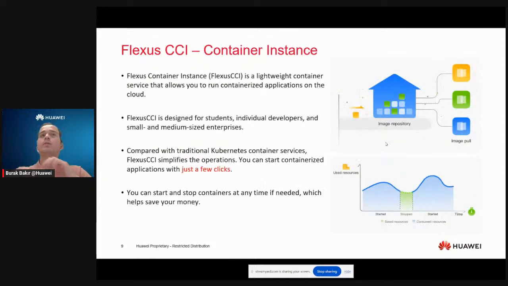So the last one is Flexus CCI, which is Container Instance. It's just a container service, but it's very useful. And as I said, this one is also cheaper, and it's better for students, individual developers, and small or medium-sized enterprises. And compared with the traditional Kubernetes, which is CCE in Huawei Cloud, a very complicated and detailed Kubernetes service in Huawei Cloud,